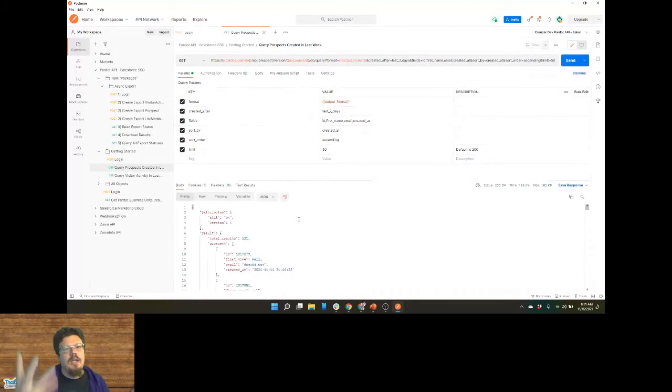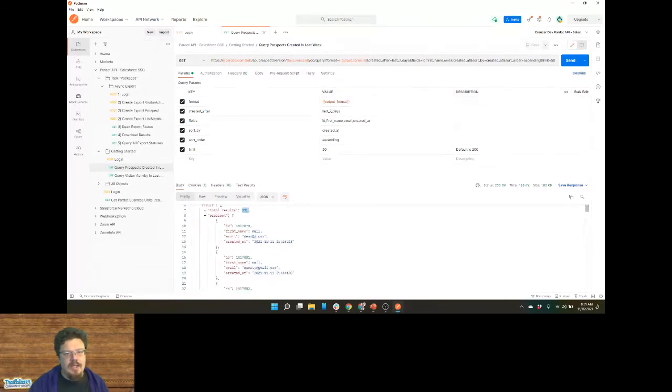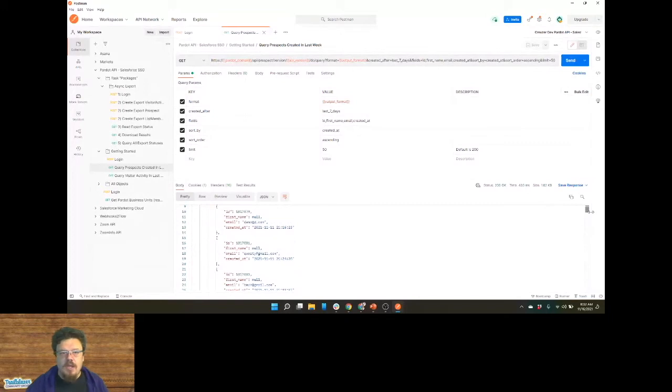And now I get a JSON query result back. We can also change it to XML, however we want to look at it. I can see that I've got 221 records from the last 7 days. And I've got just the fields that came back. So I got the prospect, and I can see that this prospect ID has this email address. I've got a bunch of data. And I get 50 records because I've asked for 50 records here.